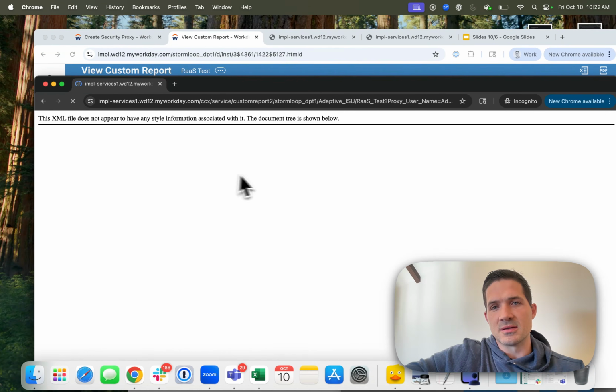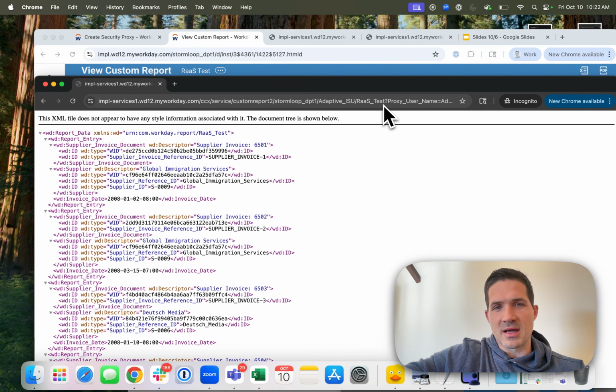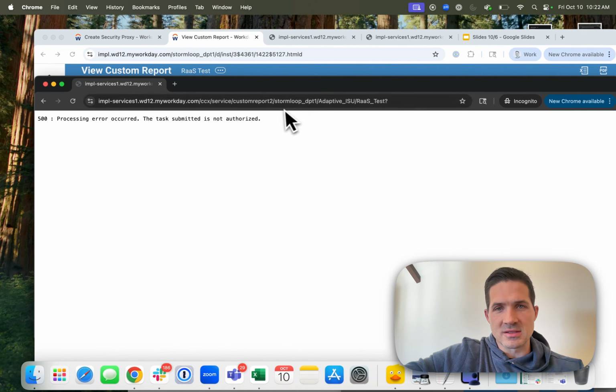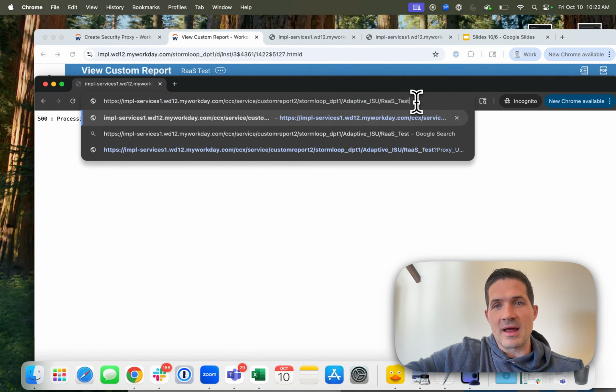It generates the data. I didn't change anything. All I did was add this parameter. Right? So because I added this parameter and I have the security proxy set up, it now works. Now if I remove this parameter and rerun it, task submit is not authorized. If I add this parameter,